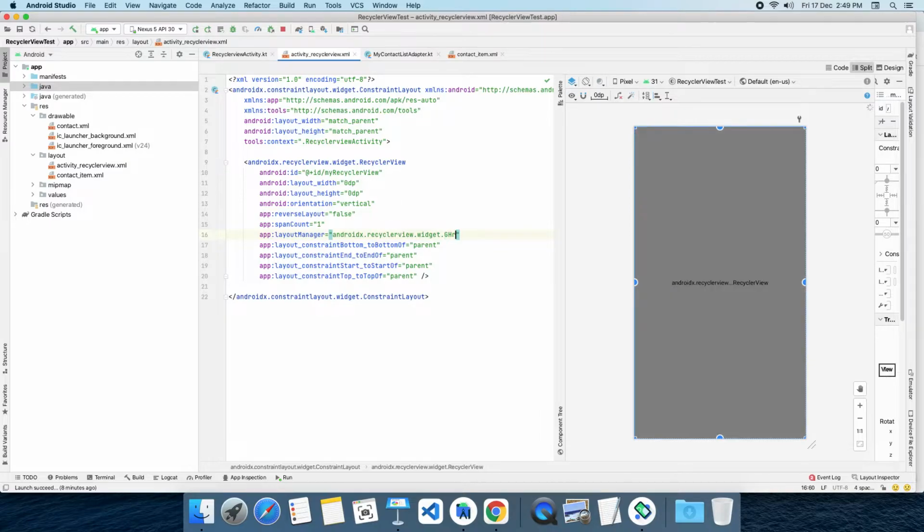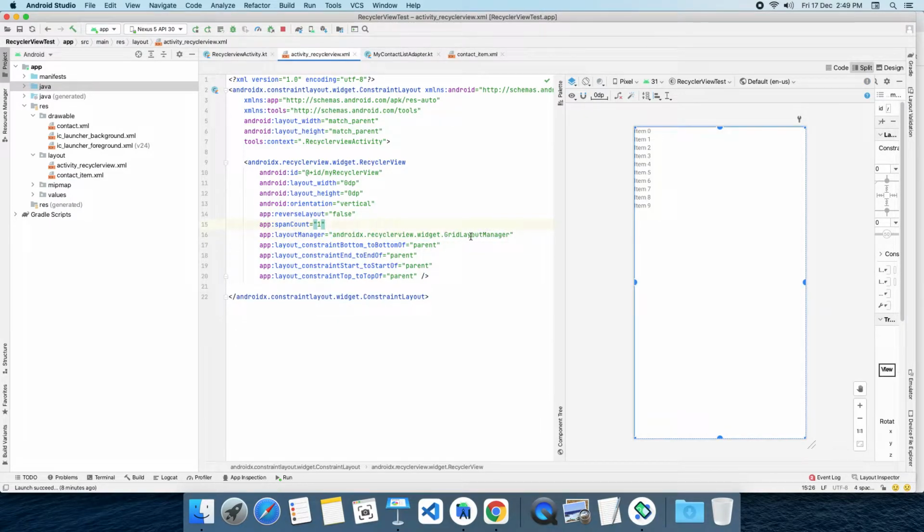Here we would use grid layout manager. When we are using grid layout manager, how many rows and how many columns are we going to give? That is what this property is. Here we are referring to how many columns the grid is going to take. Okay, now let's go with the linear layout manager,